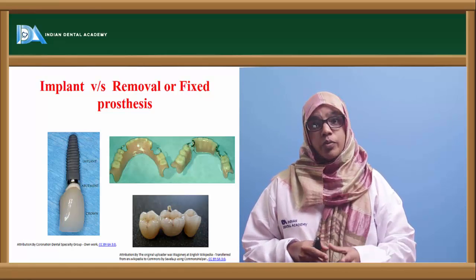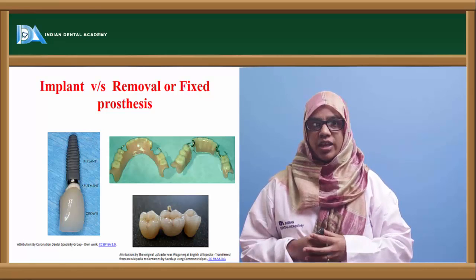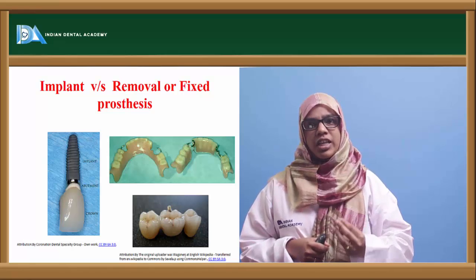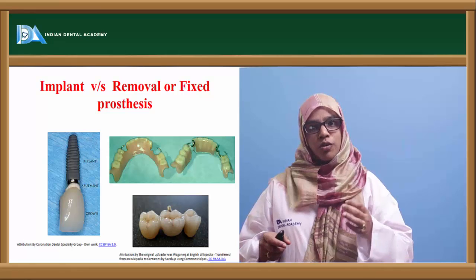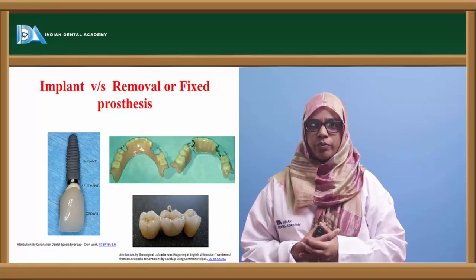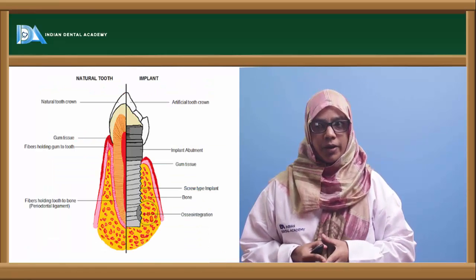But fixed prosthesis also takes support from the adjacent tooth to bridge that area. Eventually, caries can take place because of marginal leakage of the cement. The tooth on which we have put the bridge undergoes caries, and you eventually have to extract that tooth and increase the span of the fixed prosthesis. Now this was overcome with the introduction of the implant.